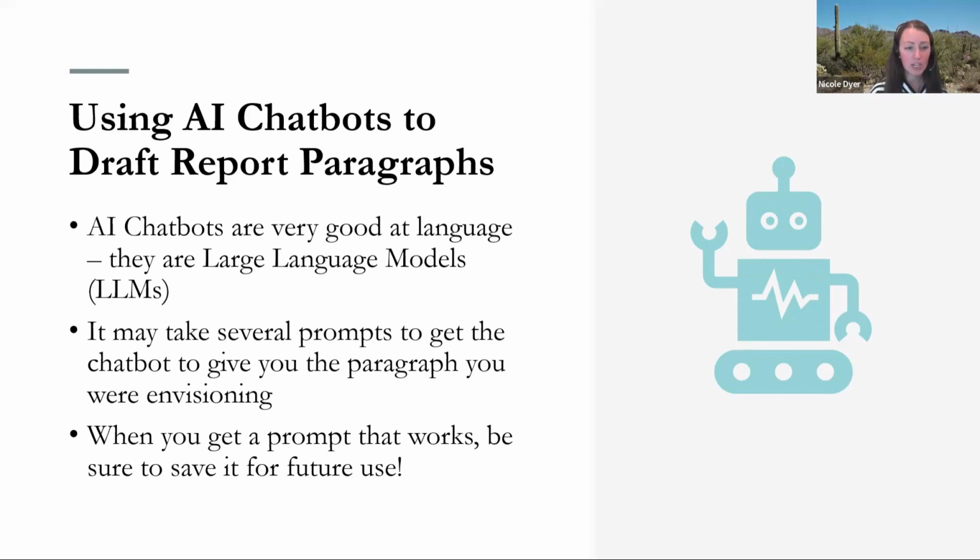The way the chatbots work, and I know a lot of you have tried ChatGPT and whatnot, and some of you haven't, is that you tell it what you want, and then it gives you something. Then you can revise that or give it another prompt to tell it, oh, I want you to do it this way, or that was close, but has too many flowery adjectives. Get rid of those.